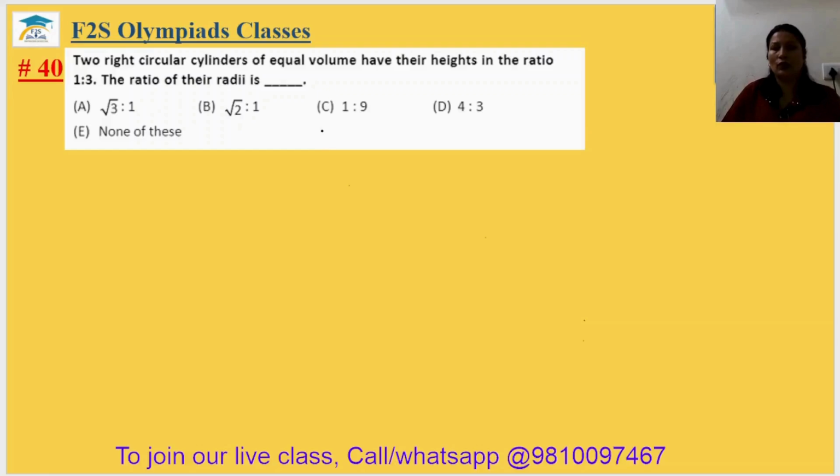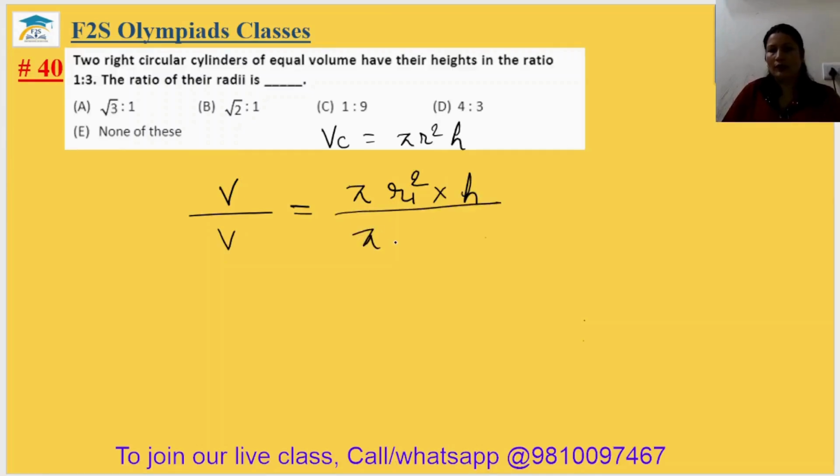So we know that volume of a cylinder is pi r square h, ठीक है, h यहाँ पर दिया हुआ है 1:3 रेशियो में. तो we can just write volume of first cylinder upon volume of second cylinder equal to pi r1 का स्क्वायर इंटू फर्स्ट सिलेंडर की हाइट हो गई हमारी h अपॉन pi r2 का स्क्वायर, सेकेंड सिलेंडर की हाइट हो जाएगी हमारी 3h, ठीक है, and volume upon volume that is 1 meaning it is cancelled out. So we can just cancel out this 2, pi pi cancel out, h cancel out.